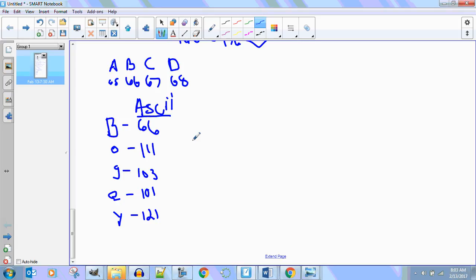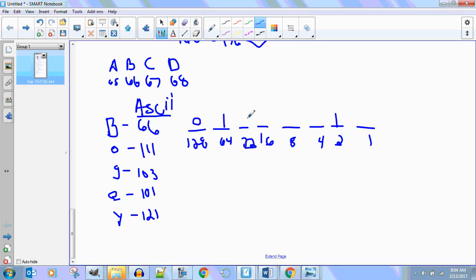Are you with me? So now watch. Here's how we convert this. I would write this down, and now you do your 8 digits: 1, 2, 3, 4, 5, 6, 7, 8. This is 1, 2, just exactly what we just did. Who understands what I'm doing? 32, 64, and 128. Okay, so Bogey's B is a 66. That's a 64 and a 2. That was an easy one, right? Hang on, I'll answer questions here in a second. So that is a capital letter B to a computer: 01000010.